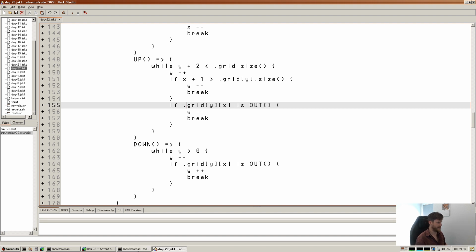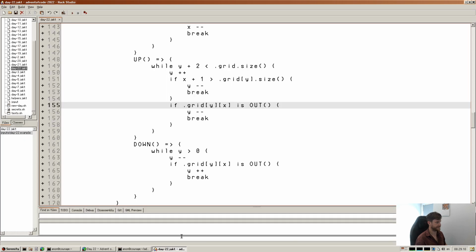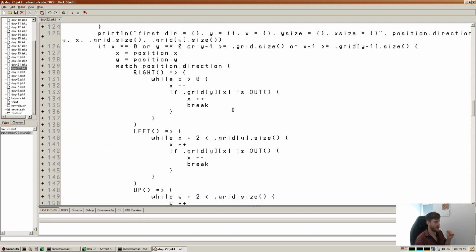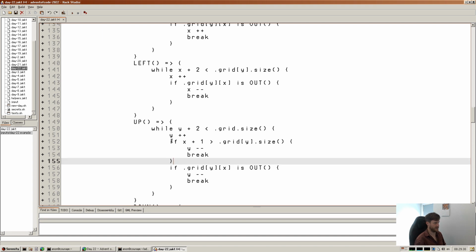So this is happening somewhere else. Yeah, the x and y should always be valid in the sense that it is above 0. So all we really need to do is check that in all of these we need a similar check to this,